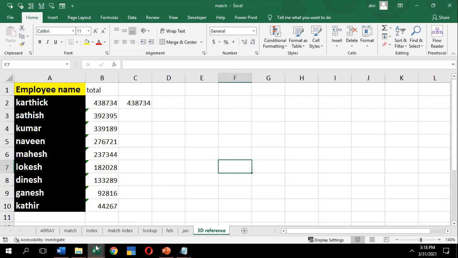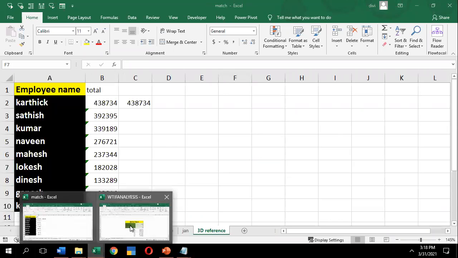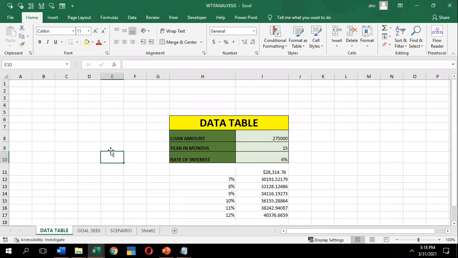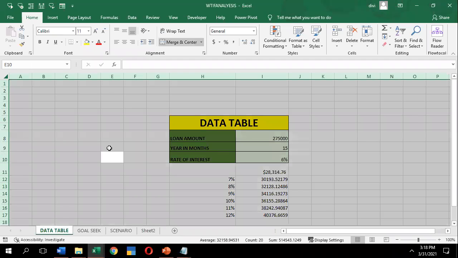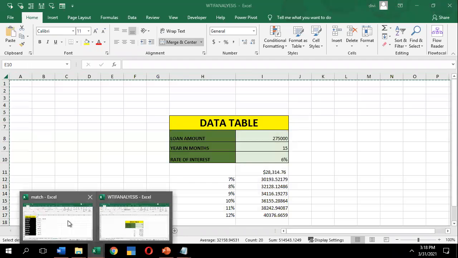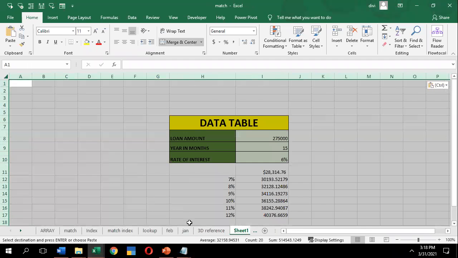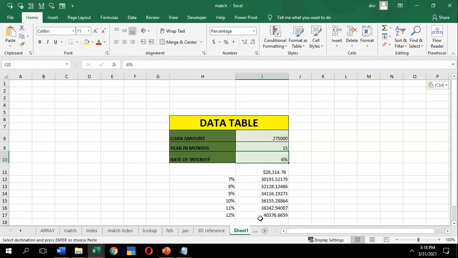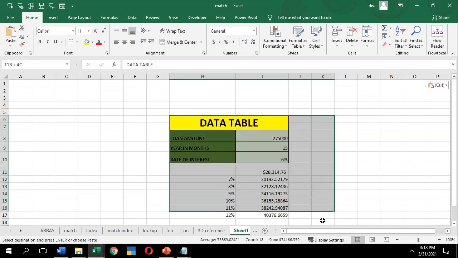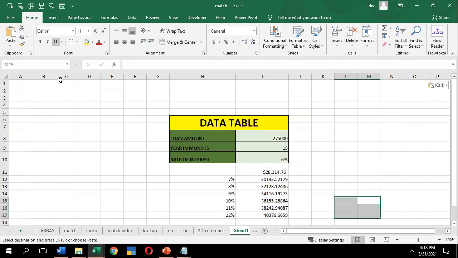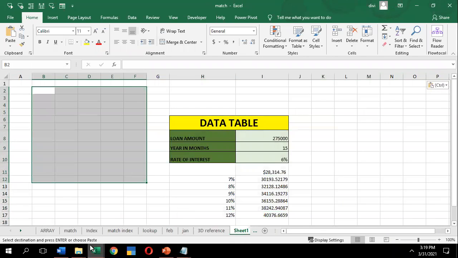So how can I copy it? I need to go to what if analysis, click select all, copy it, go to the match workbook, open a new sheet, and paste it over here. So I will get the sheet data, but I won't get the sheet name. It's very risky. If you didn't select everything, or selected only a range, you can copy it. If you want the overall sheet, you can go by this method.